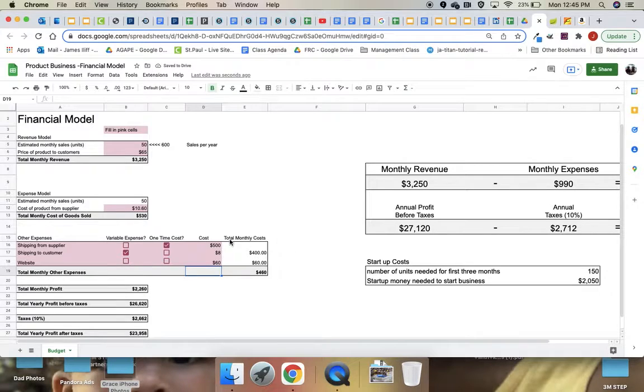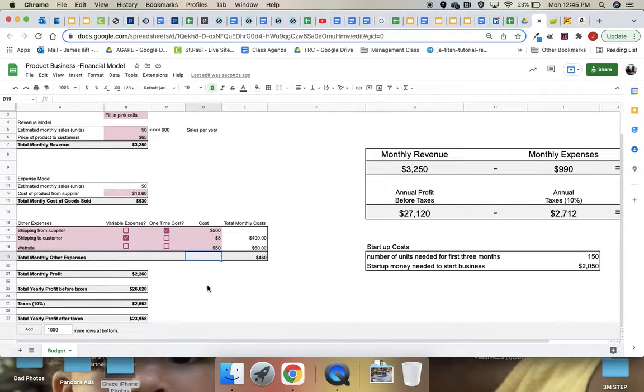And so you can see that we've entered our expenses here. Then come down here and look. We have a total monthly profit of $2,260. So that is, you take this number and you minus these two numbers, and you get a total monthly profit of $2,260. Then, if we want to extrapolate that out for the entire year, so I just took this number times 12 for 12 months, you can see that if I sell 50 product a month over 12 months, I'm going to make profit, so that's after expenses,